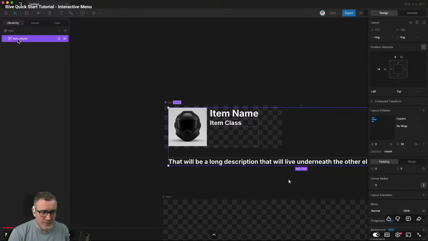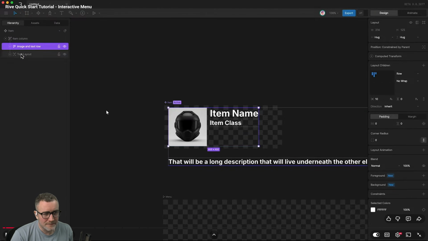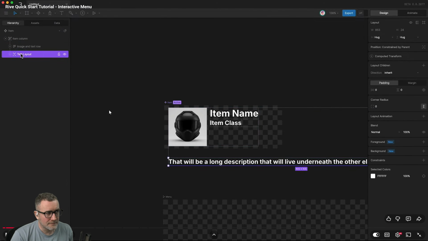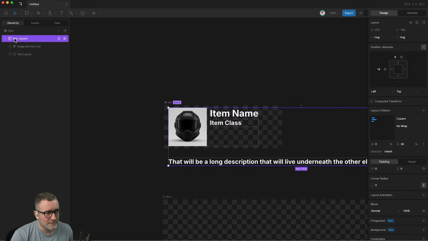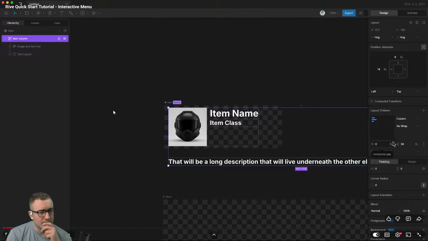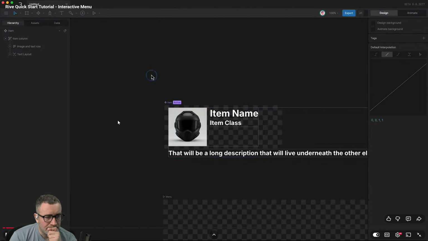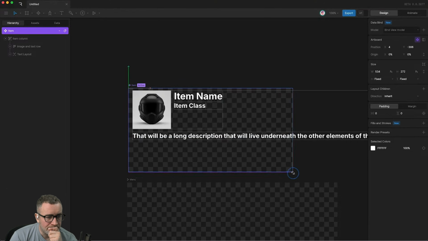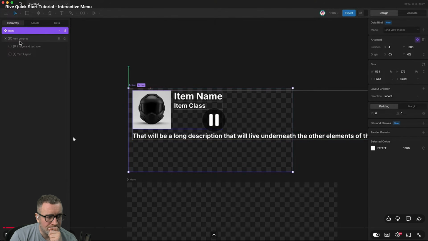I think he wants to show us something, like wrapping the text. And if we open up the item column, you can see the image and text row and the text description underneath. And because the item column is the parent of these two layouts, it is from here in the item column that we can control the vertical gap between its children. So if we go over to the item column settings, we can change the vertical gap, and I'll set it to 10. Now we have a bunch of stuff that we need to edit. The first thing I'm going to do is change the size of the artboard so that we can fit the text description underneath. Next, I'm going to highlight